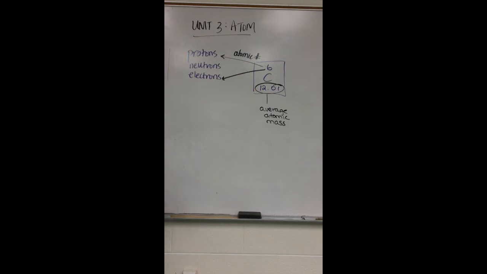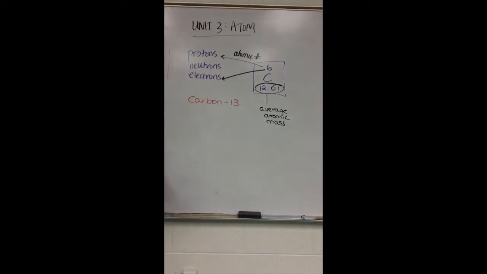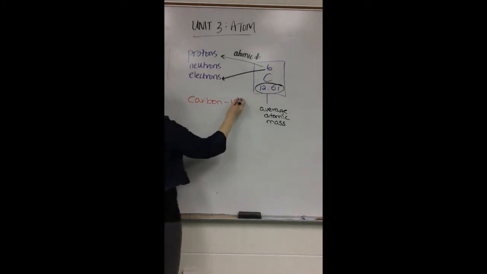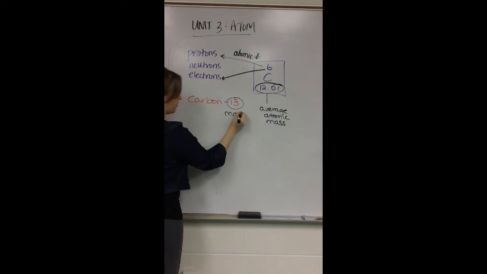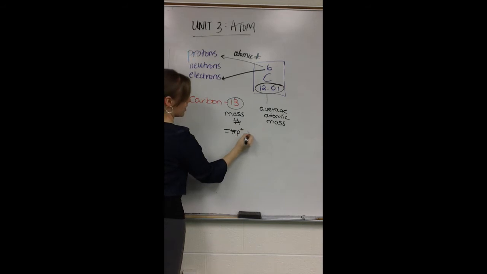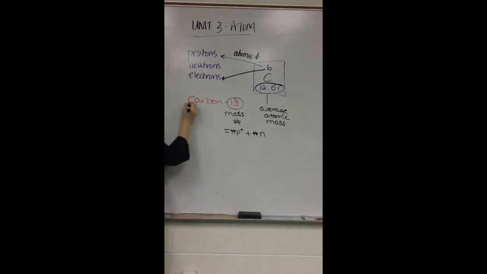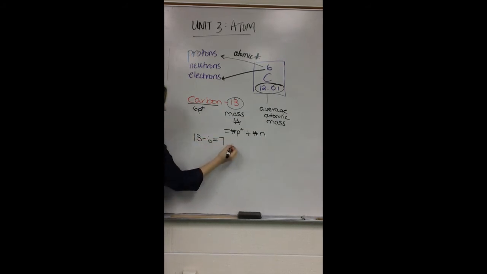So all the carbons in the world average out to 12.01. But I oftentimes want to look at a specific carbon. So let's say, for example, I wanted to look at carbon 13. Now this 13 right here is what we call the mass number. This tells me the number of protons plus the number of neutrons. So because it's carbon, I know carbon has 6 protons. And if protons and neutrons is 13, I can do 13 minus 6 and figure out that I have 7